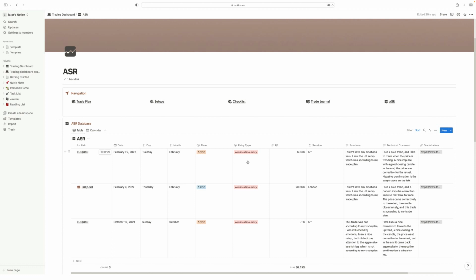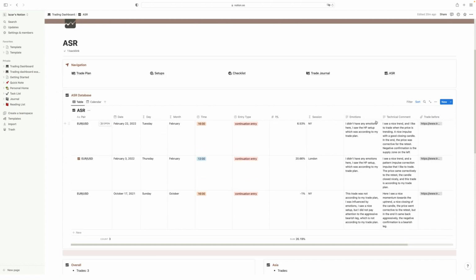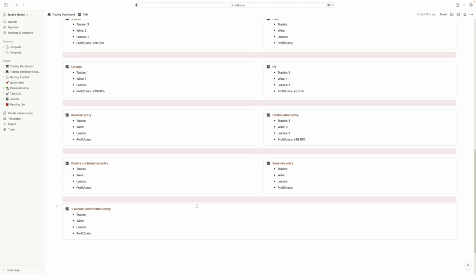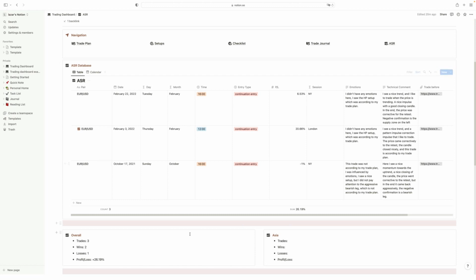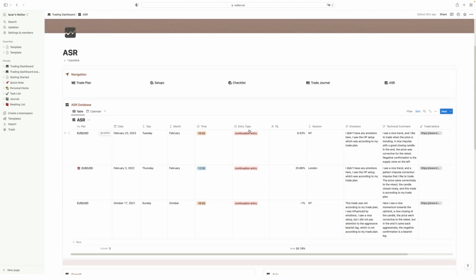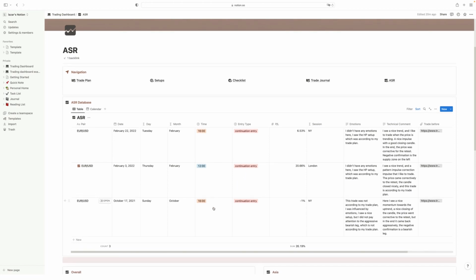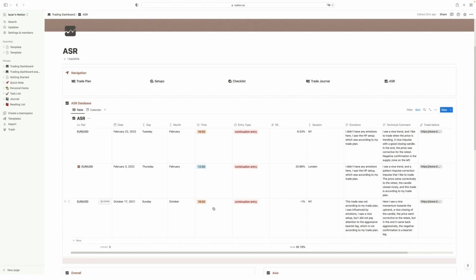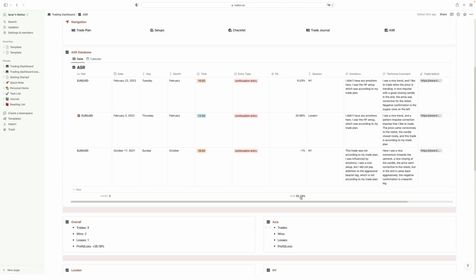The thing about the ASR here that I do not like is that you need to calculate everything for yourself. The journal is not going to calculate all the percentages, all the trades. Was it a continuation entry, or was it another entry model? You're not going to find all those profitable things because the journal is not going to calculate everything for you. So you need to add everything manually, on your own. You need to do your own calculations and everything. Again, still you have a database, and you have everything. You can do your ASR here, but again,